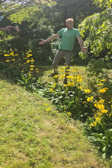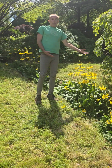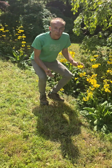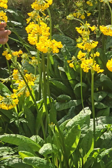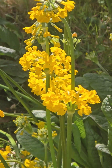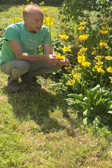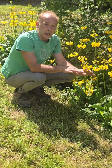Tibetan primulas are very stunning, and they flower about now, May, June. They are very similar to the candelabra primulas, where they have little whorls of flowers all up the stem. They just look really unusual and amazing. Now these ones come from southeastern Tibet, and they really like growing in boggy ground, not in water,